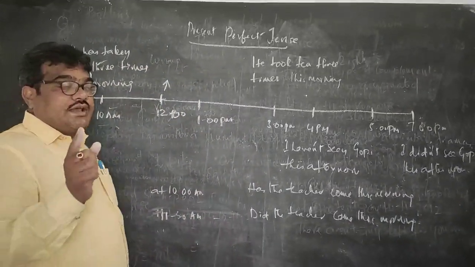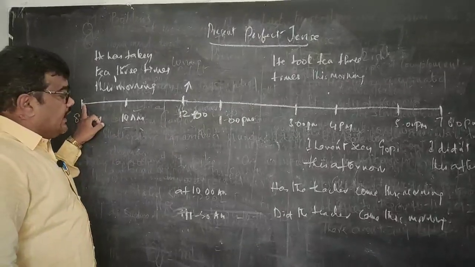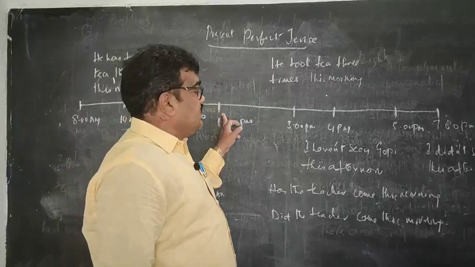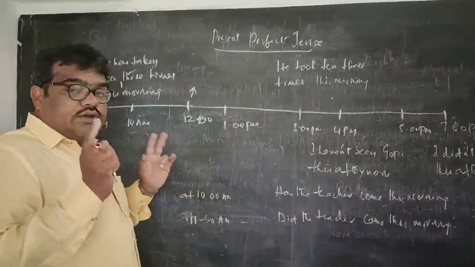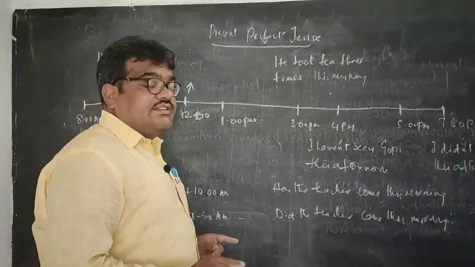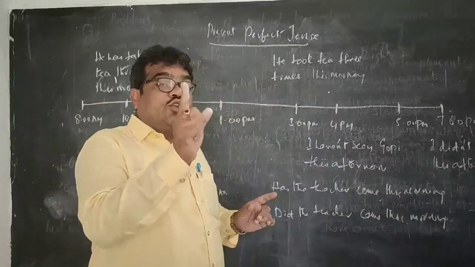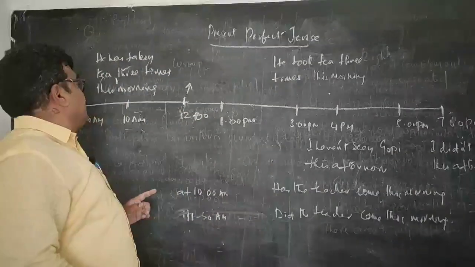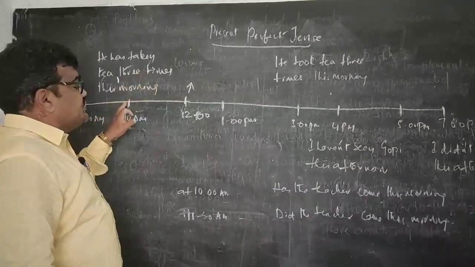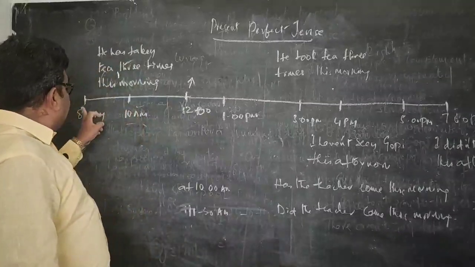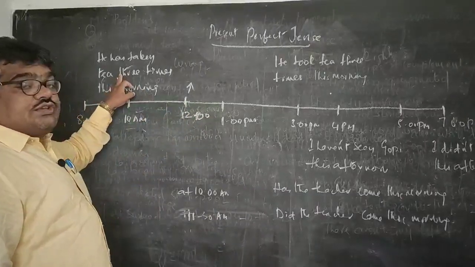Okay, I will tell with some example. I have drawn a timeline, which starts at 8. In the middle it is 12 p.m. and in the end it is 7 p.m. Generally, morning time is 8 to 12. When we are talking about anything between 8 and 12, we have to use the present perfect. For example, he has taken tea 3 times this morning. Because it is in the time frame 8 to 12, the morning period, we have to use